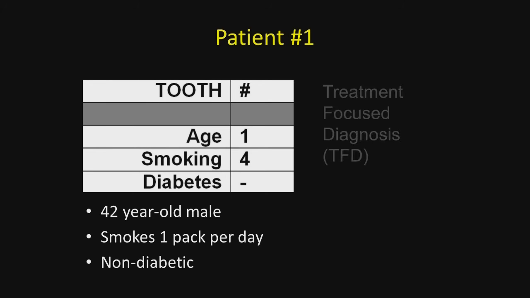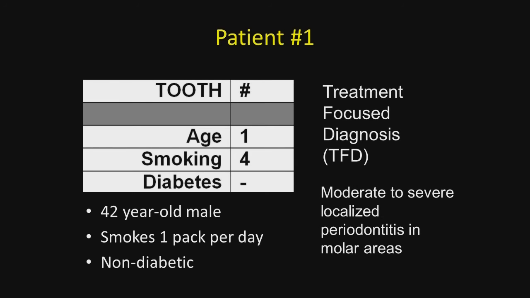So as I said earlier, these scores can be taken from the case history, and I like to think in terms of a treatment-focused diagnosis. And this patient would be diagnosed as a moderate to severe localized periodontitis in the molar areas. Now let's talk about what that means. A moderate to severe